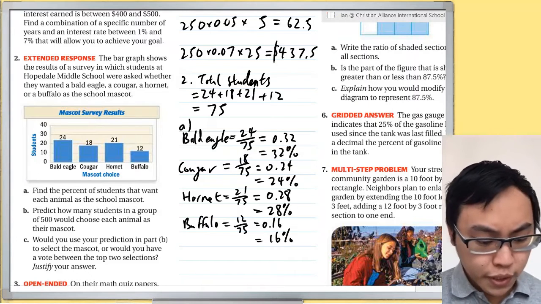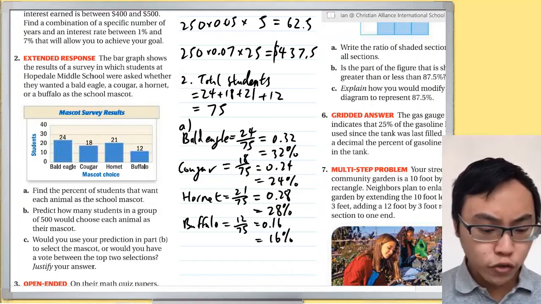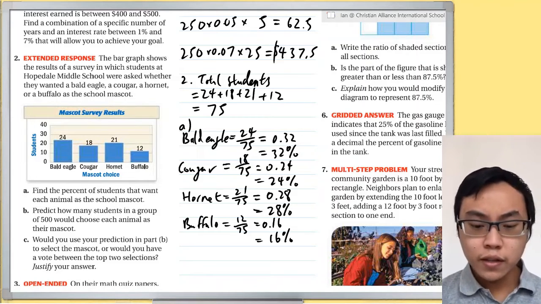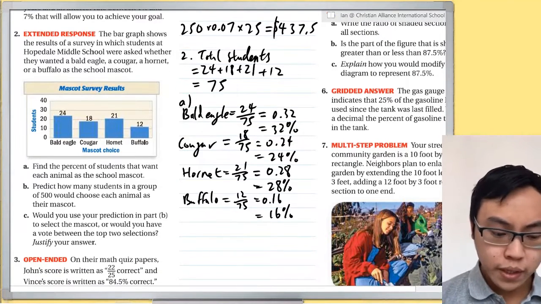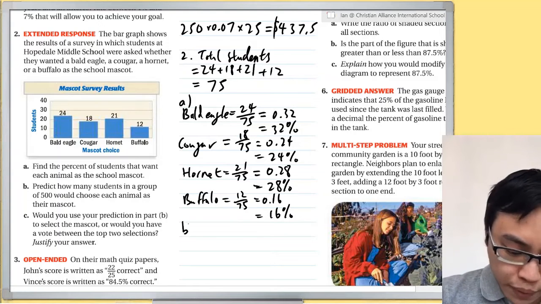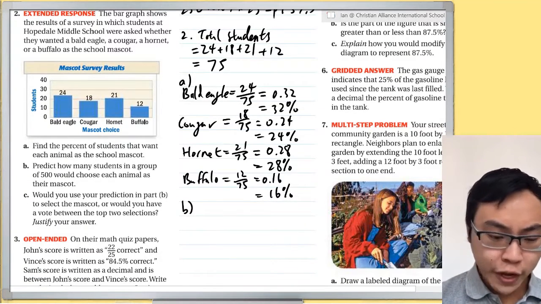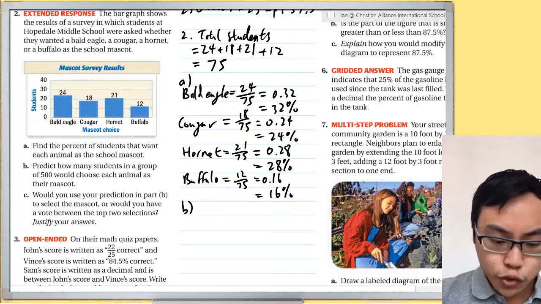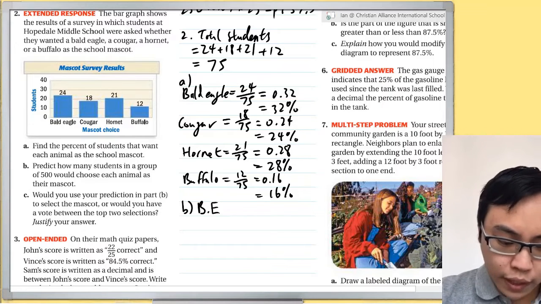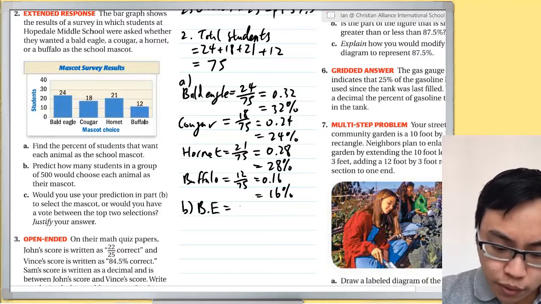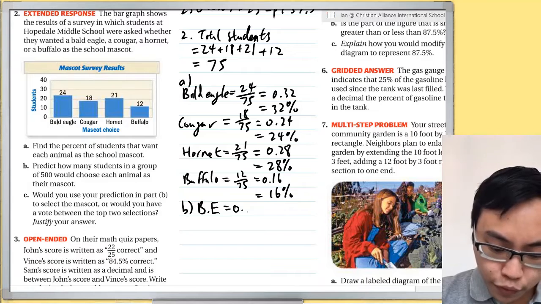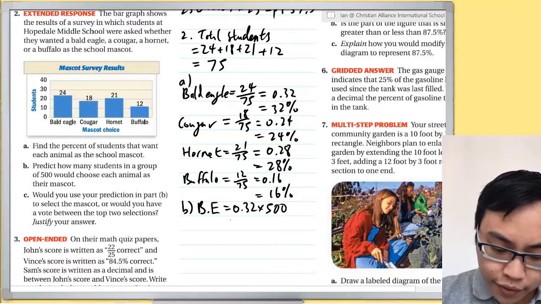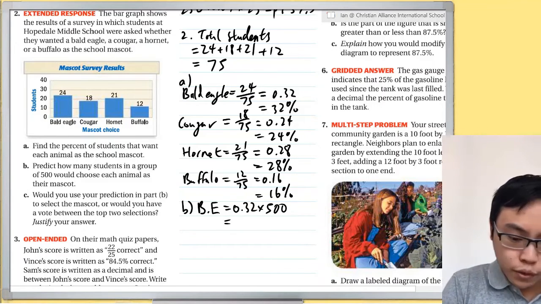Then for part B, predict how many students in a group of 500 will choose each animal as their mascot. So we're going to use the percentages in part A to predict for part B for a group of 500. So for B, if we have 500 students, how many would choose bald eagle? For bald eagle, I'm just going to do BE for short. That's going to be 32% times 500. So I can do 0.32 times 500, and that will give me a result. 500 times 0.32